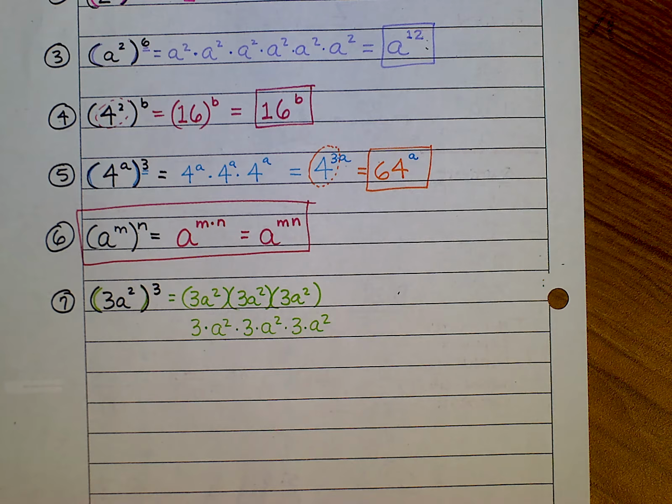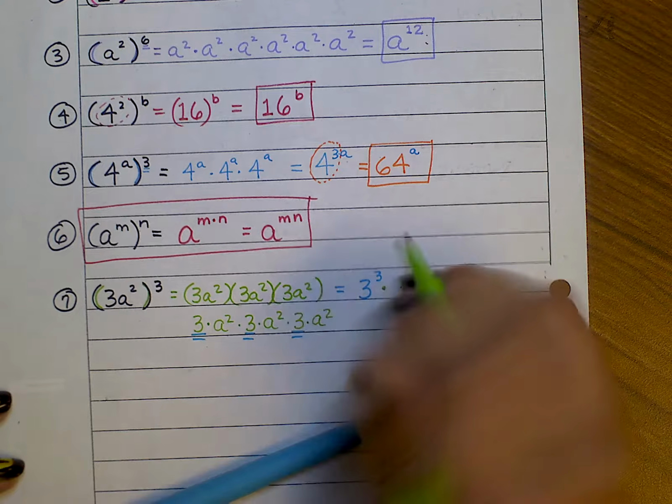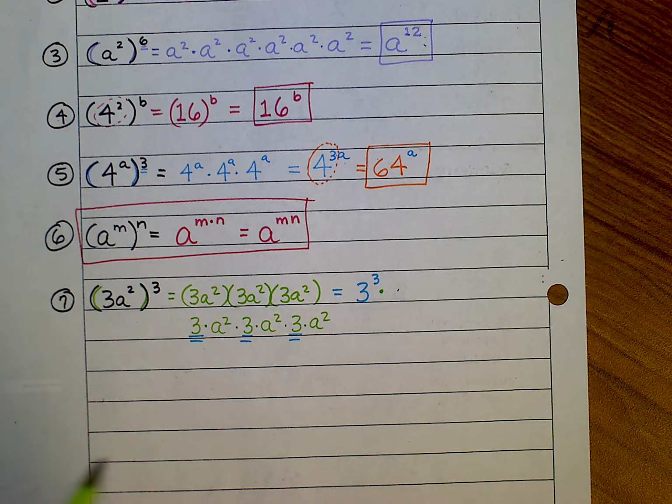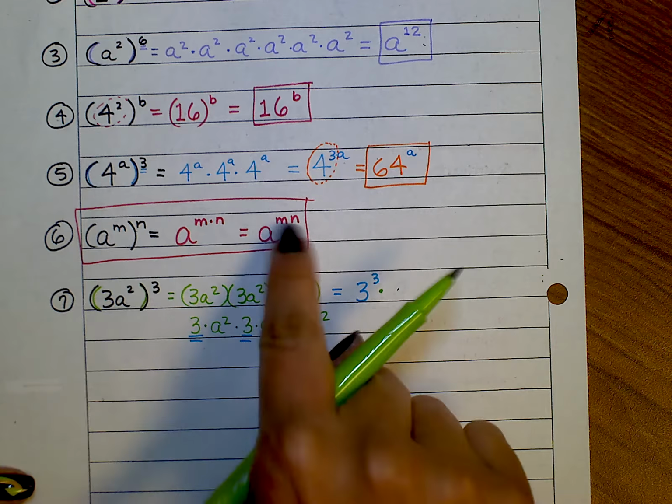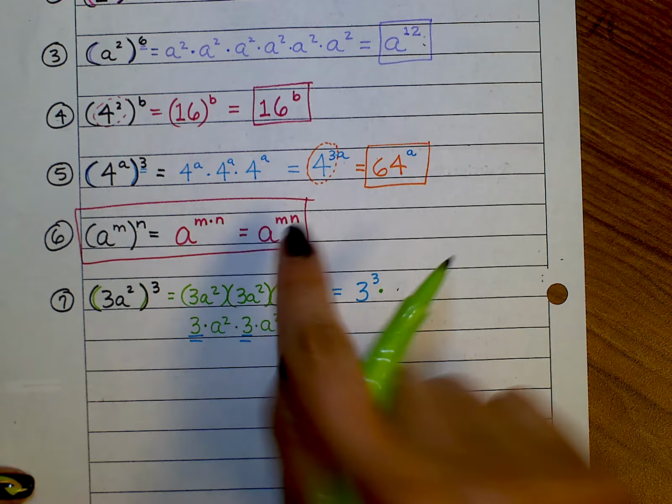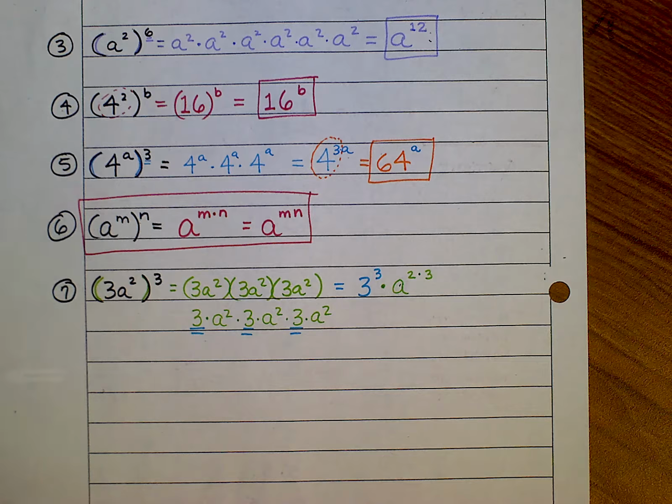And just like we had done before, I would take apart my coefficients and rewrite that. That would be 3 cubed times, now I can kind of use what we've been doing up here, a to the power of 2 times 3. Okay, well then, of course,